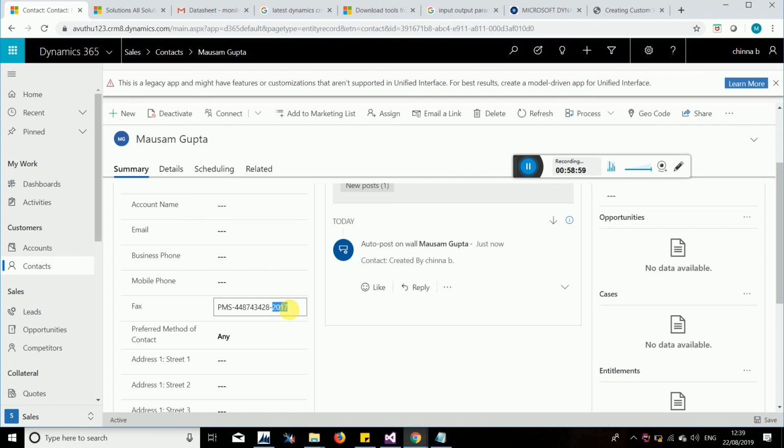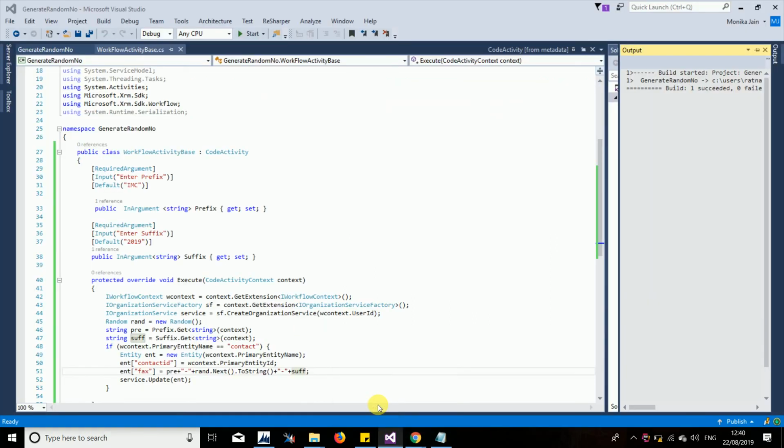So anytime we can change it. We need not every time go and modify the code, correct? So that is how we can pass the values from a workflow to your custom workflow. Understood? If you set the output parameters, then we can do the same. We can generate the value and we can perform the operation over there. Understood? So is it clear? So this is about a workflow and a custom workflow.